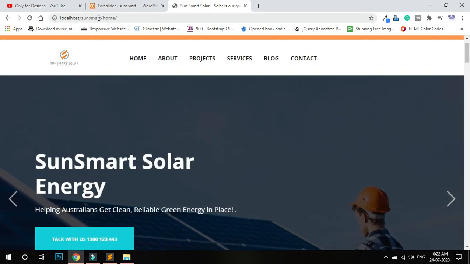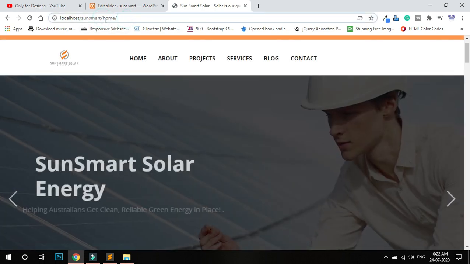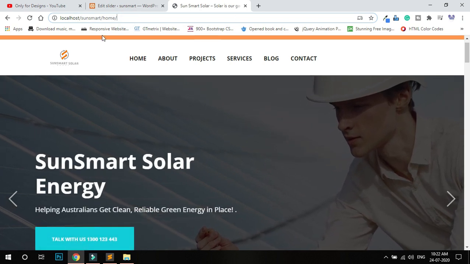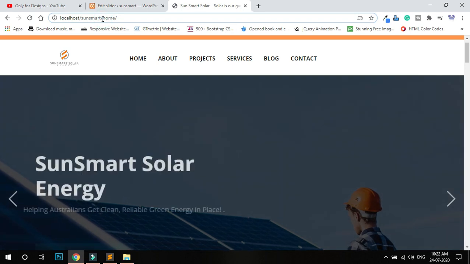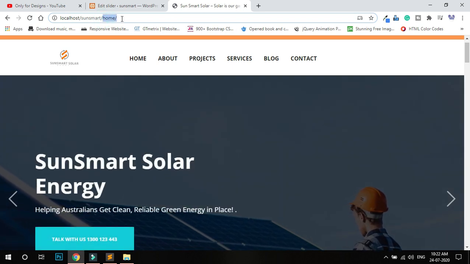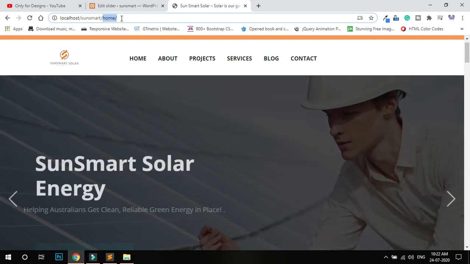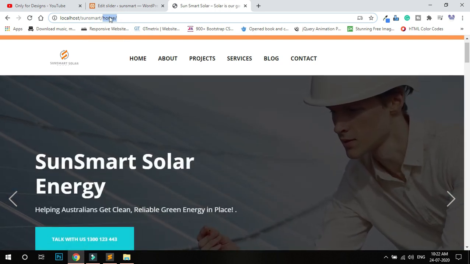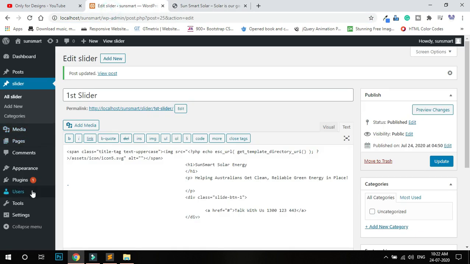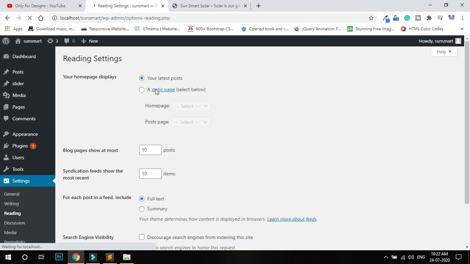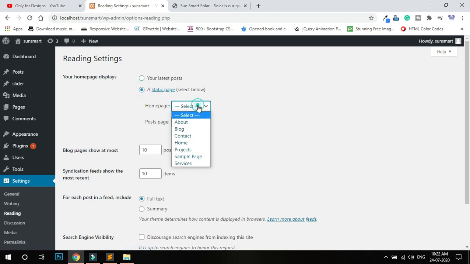So if you think my root URL is Sun Smart, it is okay, but the home page should always be the root URL. It's not showing home. Okay, so I go to settings, then reading, then a static page, select below, then home page is home.